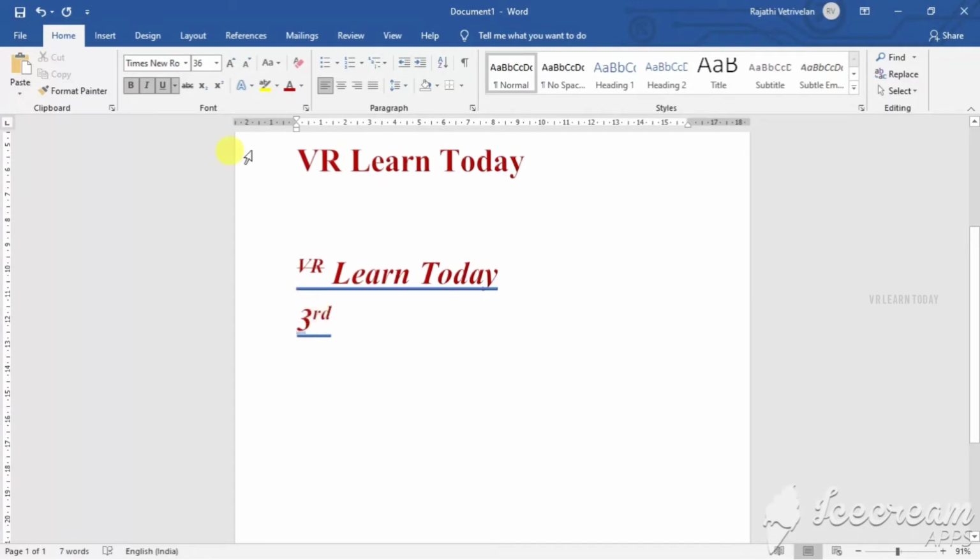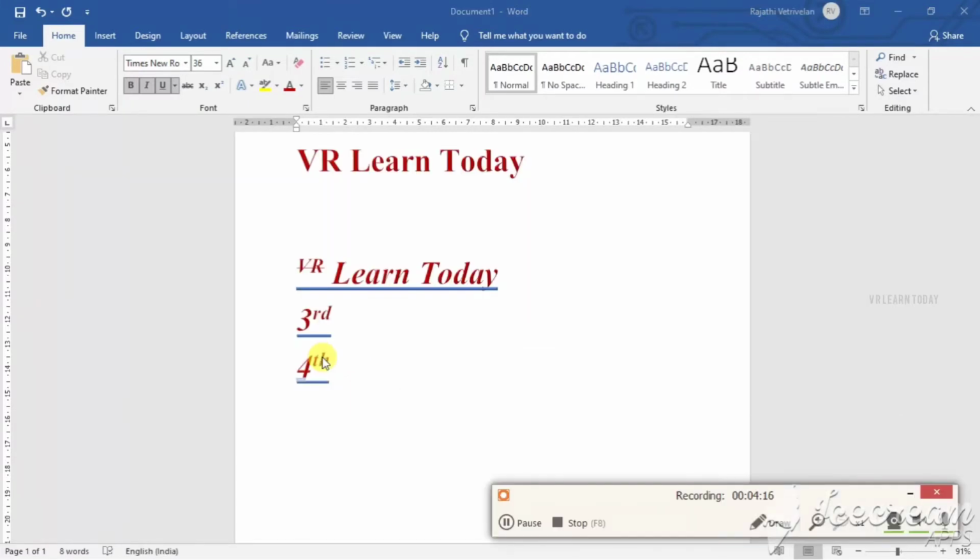Here I'm going to select rd, and then click superscript. Or just type and press the spacebar, and it's automatically taken as a superscript.